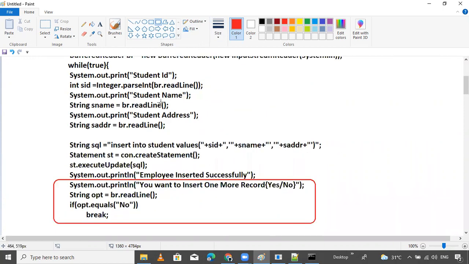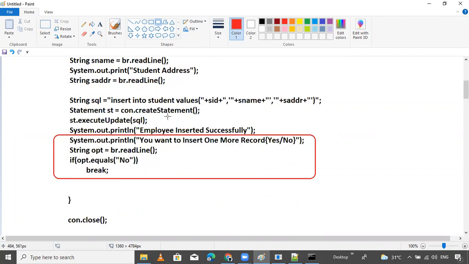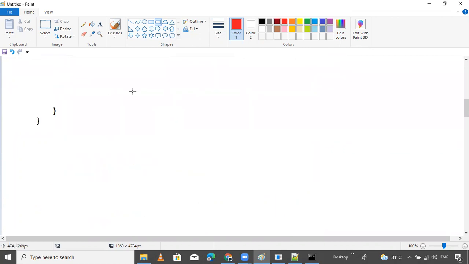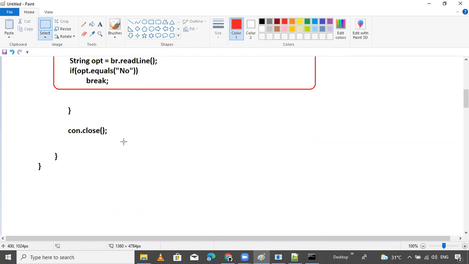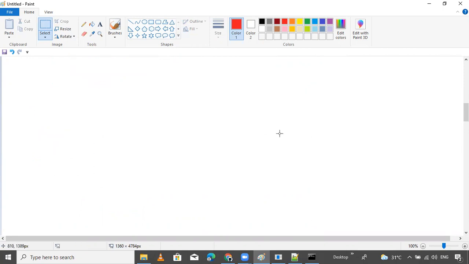So our next example, I want to show you update the data. Now update the data dynamically. I want to update the data.